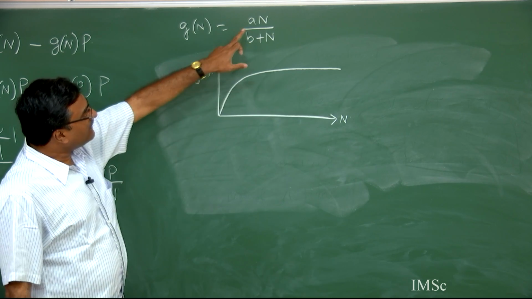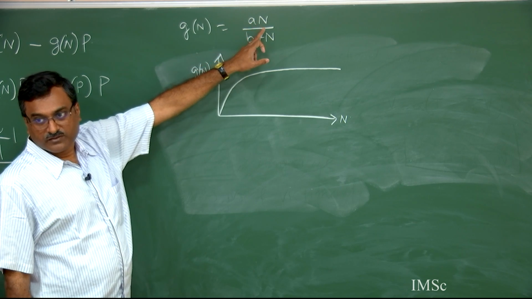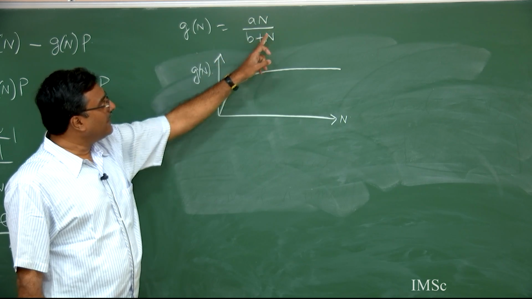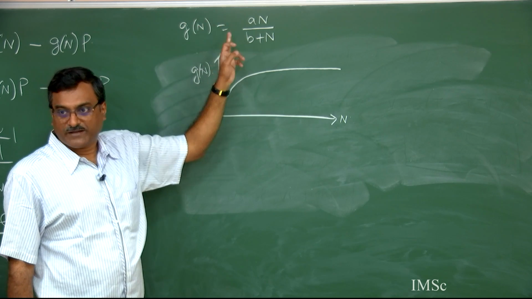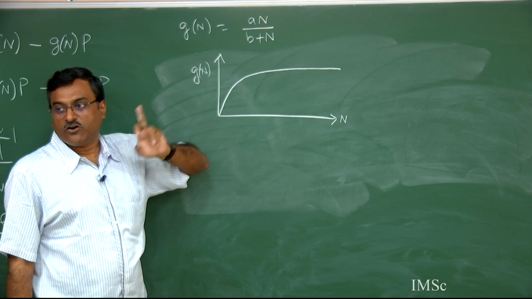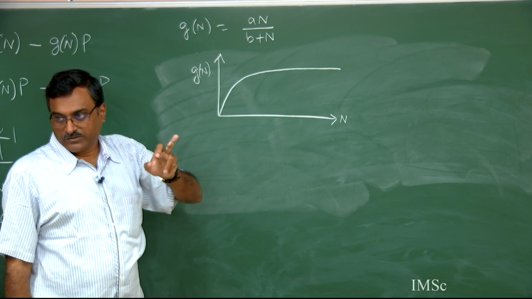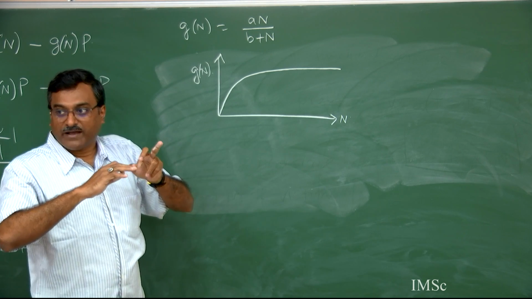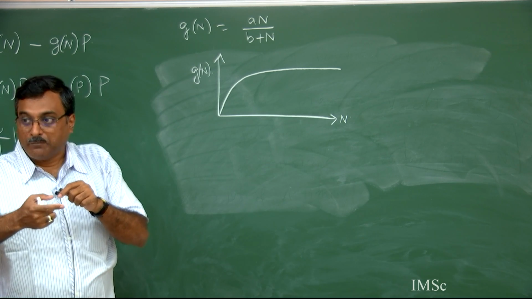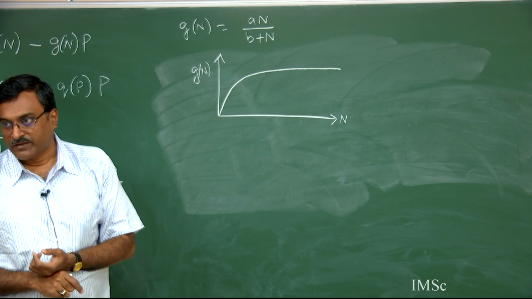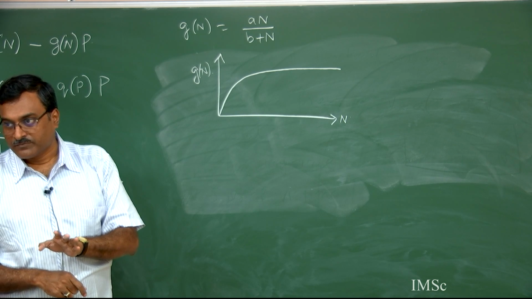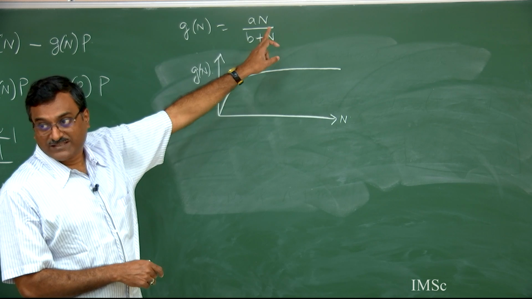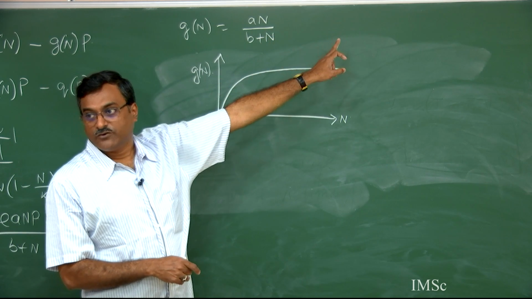Now you can see that at n equal to 0, this is 0. If you calculate the derivative of G(n) with respect to n, you can find that G dot n is always positive. So that means this function is monotone increasing, but not unbounded above, rather it is bounded above, because for this function if you calculate the limit as n tends to plus infinity, you can find this is equal to a constant,